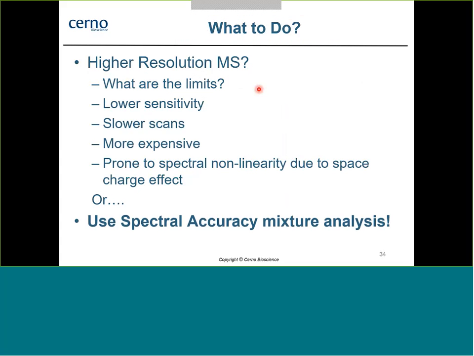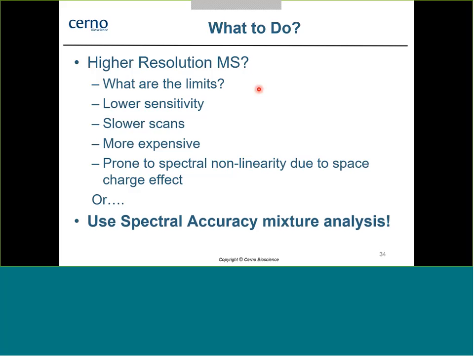So what can we do about this? Well, one approach is, of course, we can go to higher resolution mass spec, so get narrower and narrower lines so that the XIC windows are going to fully resolve the lines. But what are the real limits? I mean, we don't have a spectrometer which has infinite resolution. In addition, when we go to higher and higher resolution, of course, there's a trade-off. There's lower sensitivity, there's slower scan rate, and of course, we need a more expensive, higher